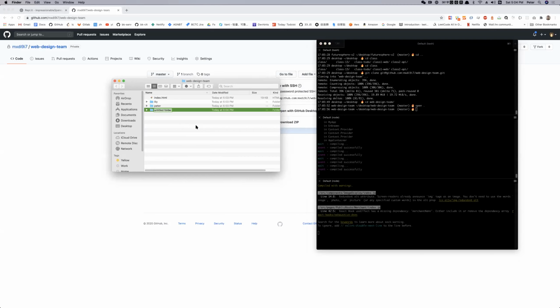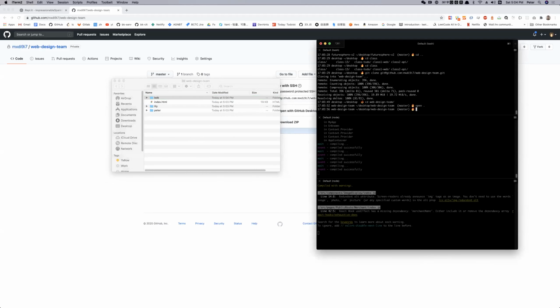Okay, so I'm gonna name this Bob. Wait, do you have to go into anything? Because I'm just on my main folder. Do I have to go into like desktop web design? Yeah, if you have put it on a desktop, then you should definitely go into desktop web design. I forgot how to go into the desktop again. Okay, I'll help you later. But let's take a look at my code first. So you first go to your desktop, and then you cd into web design team, and I'm gonna open it up, and I have created a folder called Bob.